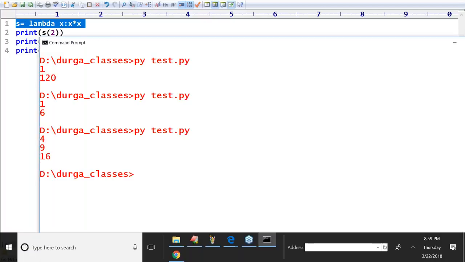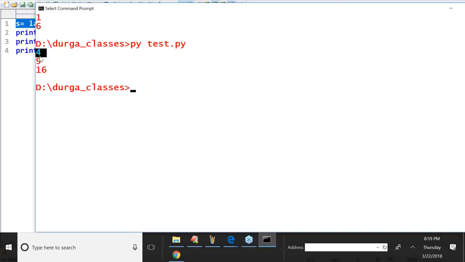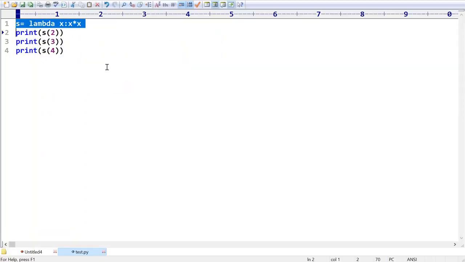The square of 2 is 4, square of 3, square of 4, like this. How to write a lambda function, an anonymous function? By using the lambda keyword, we can do that. Clear?